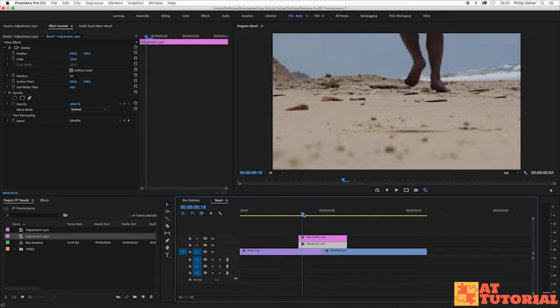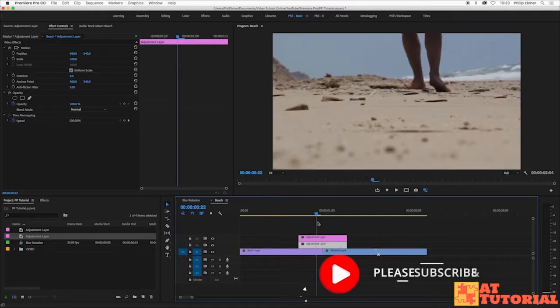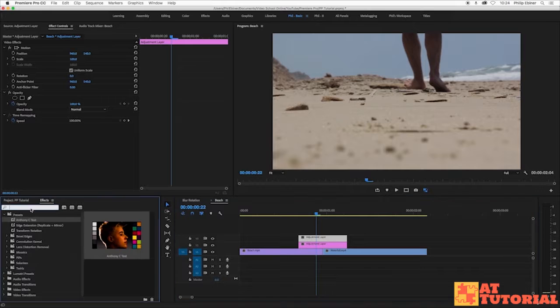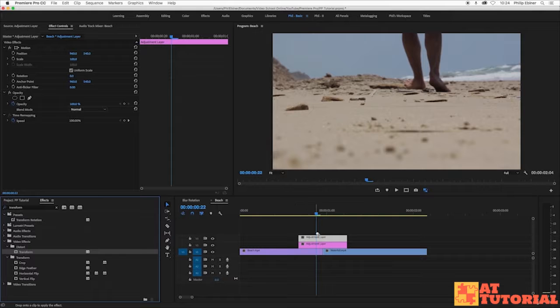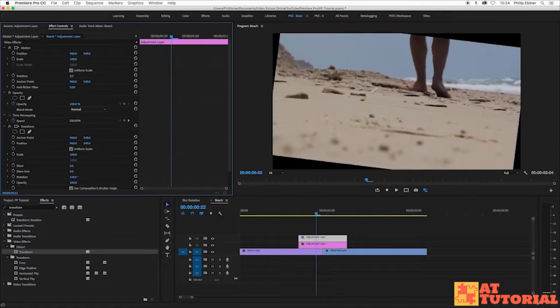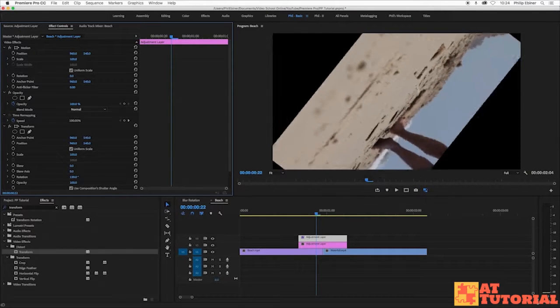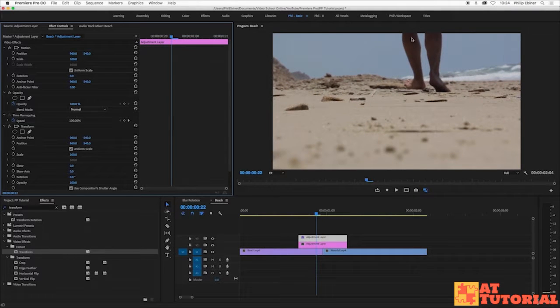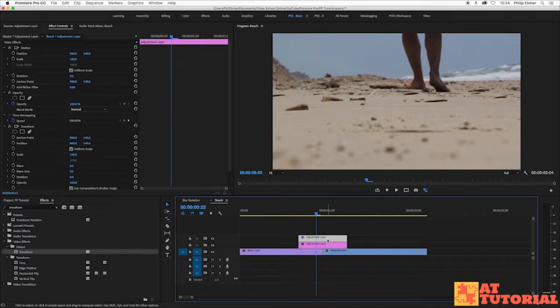Now what I want to do is actually extend the edges of these video clips. If I went in here and I did a transform, which I'm going to actually apply to the second adjustment layer. So in Effects, just type in transform. So you can do that first. It's under the distort menu. And then I rotate this. See what happens? As I rotate it, you have this black transparency behind it because this video isn't big enough to basically fill the frame. So for this first adjustment layer, we're going to add an adjustment that extends the edges of this video in